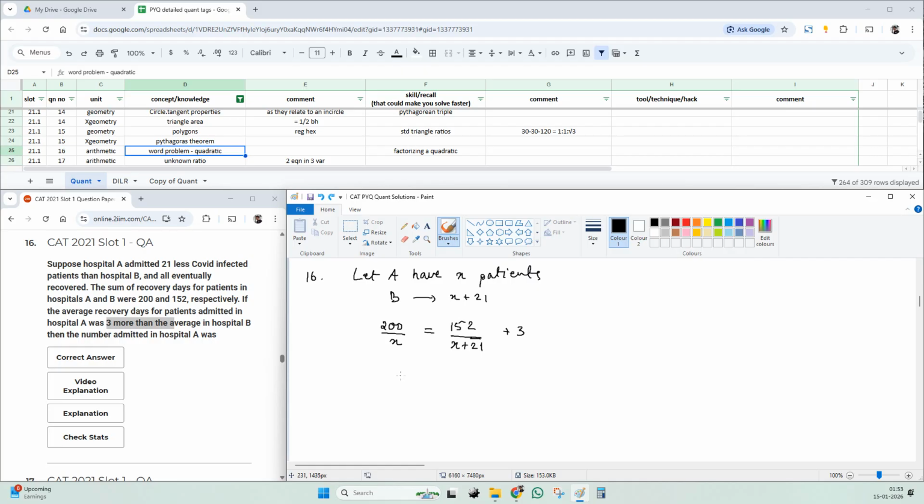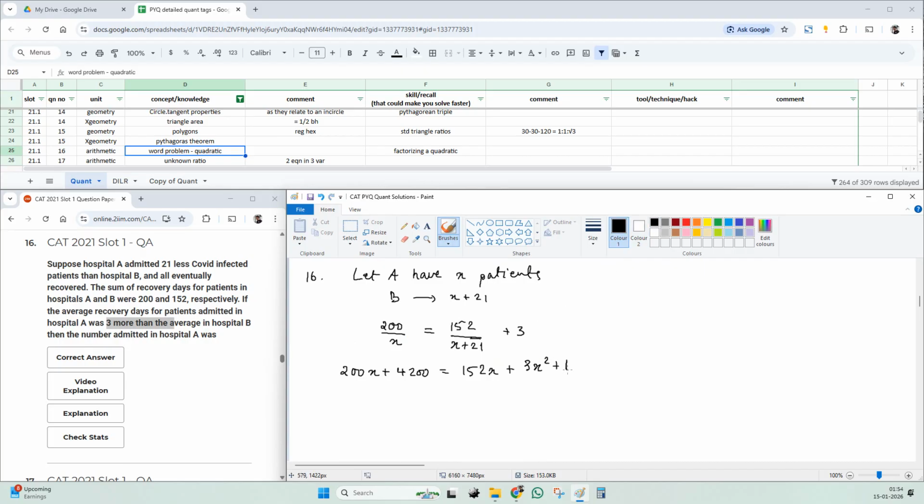If you want to bypass a couple of steps and execute the solution faster, I would just say multiply both sides by X into X plus 21. Multiply both sides by X into X plus 21, which will give you on the LHS 200 into X plus 21, 200X plus 4200. The first term on the RHS becomes 152 into x, and the second term becomes 3 into x plus 21,